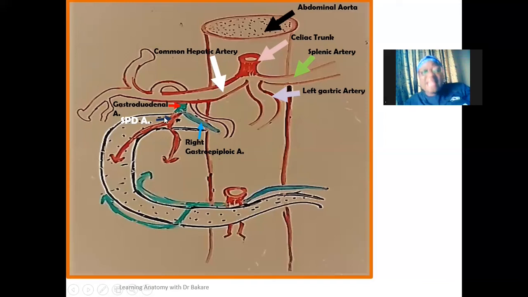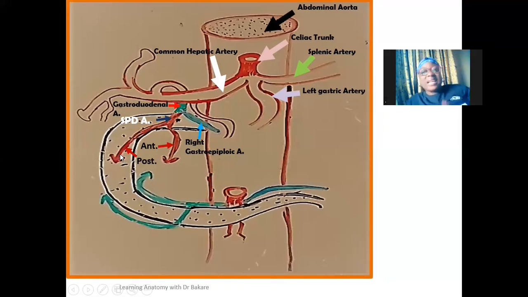This is where the main branch of the duodenum will emerge from. This superior pancreaticoduodenal artery will divide into anterior and posterior divisions. This is the anterior division, and this is the posterior division. The anterior and the posterior divisions of the superior pancreaticoduodenal artery will supply the first and the second part of